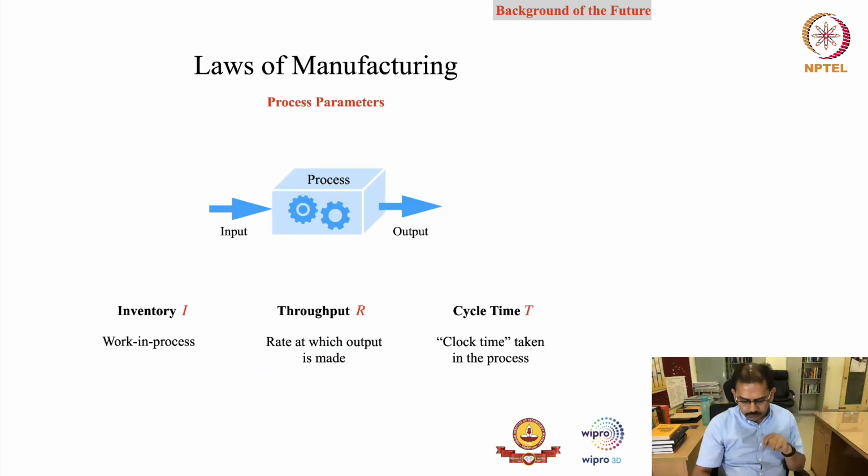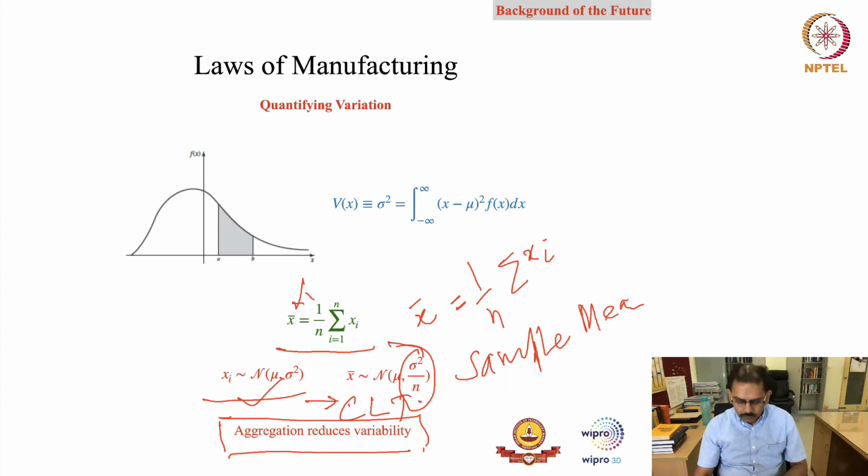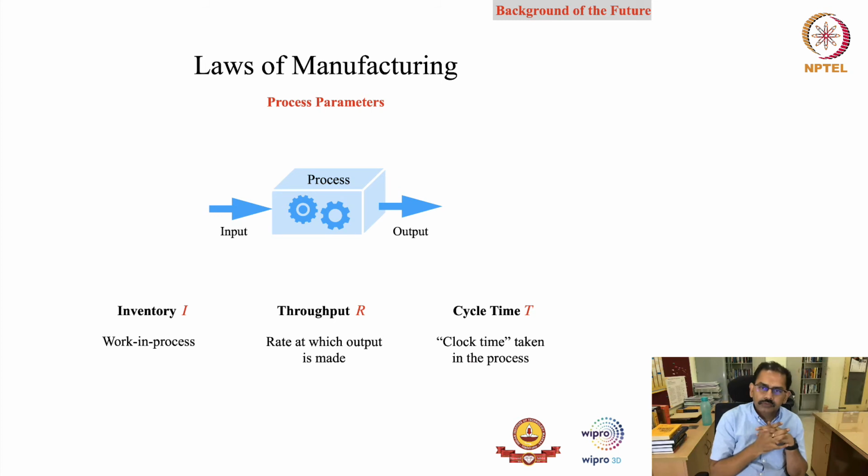Right. So from quantifying variation, we come to the process parameters, right? So most of these manufacturing systems, we already have talked about the job shop as a manufacturing process. We talked about continuous. We talked about assembly or batch process, right? So all these are processes. So a typical manufacturing process would take some input and give you some output, correct? So a manufacturing process could have multiple sub processes also, right? So I can even call a factory itself a process, which could have multiple sub processes, right?